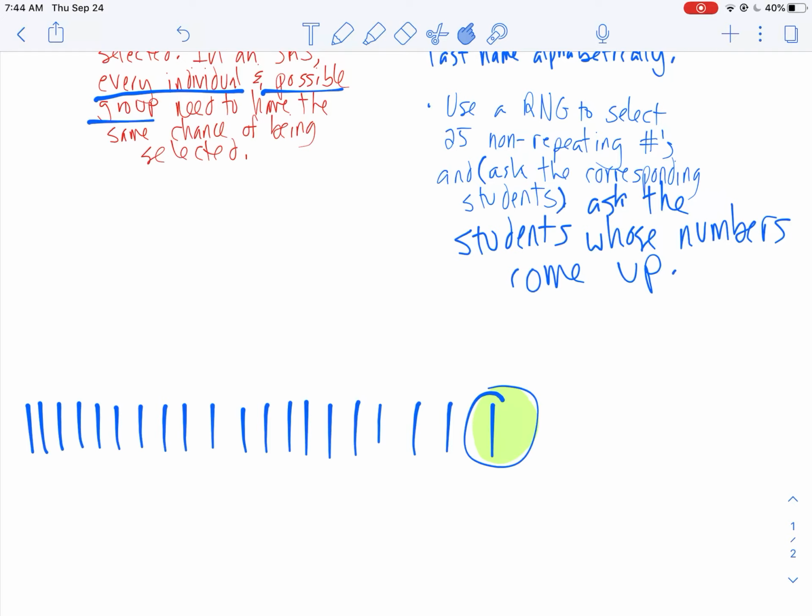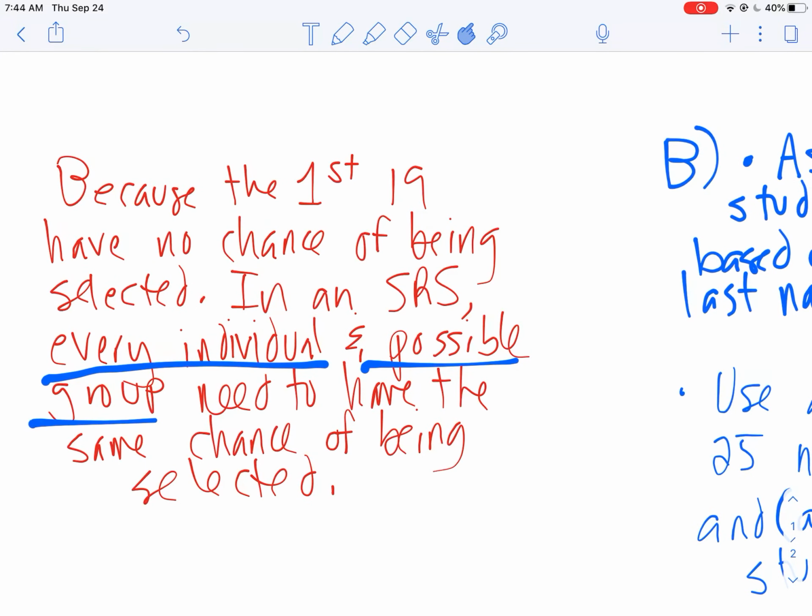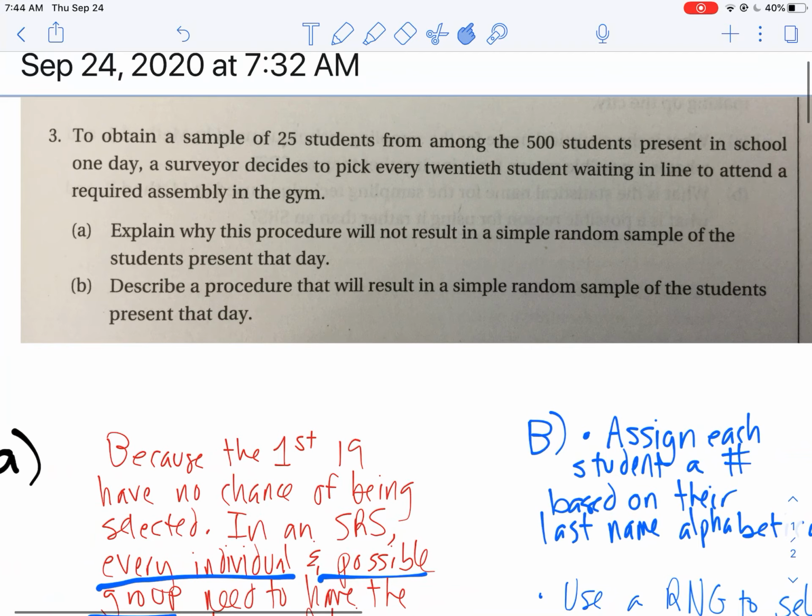Or maybe it's someone who doesn't want to be a part of the school assembly, maybe they don't have a lot of school spirit, and they're just lagging to go in. So those are things you want to take into consideration. That 20th person might not be representative of your entire population. That's why it's important to give everyone the same probability of being selected, or every possible group the same probability of being selected.